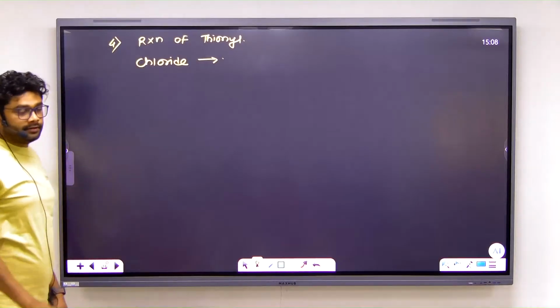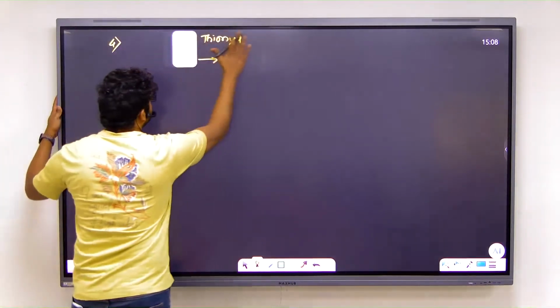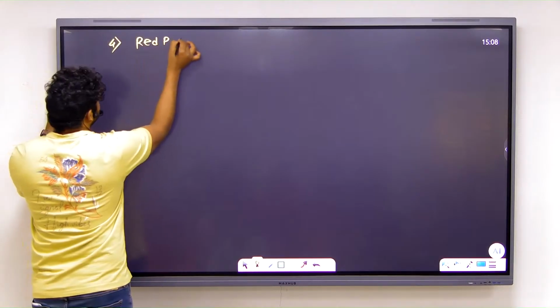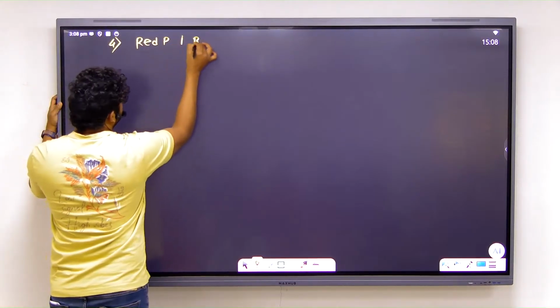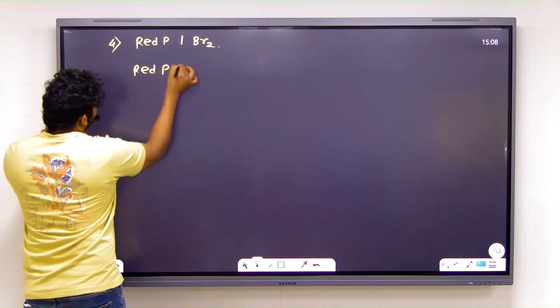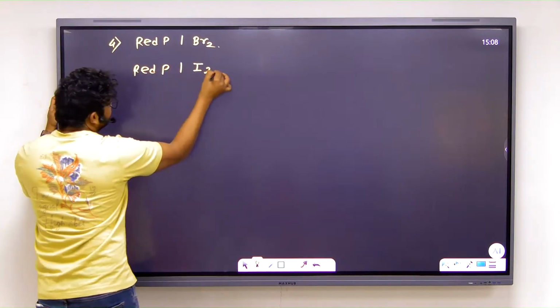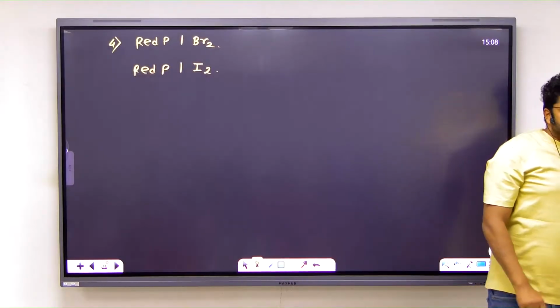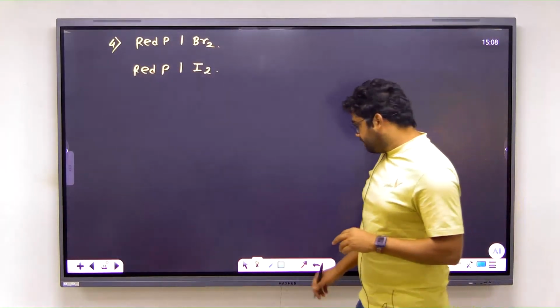Reaction of what? Thionyl chloride. One more reaction remaining, I think. This one is red phosphorus with Br2, and one was red phosphorus with I2. We'll continue the thionyl chloride reaction after this. Try to understand when you have a question